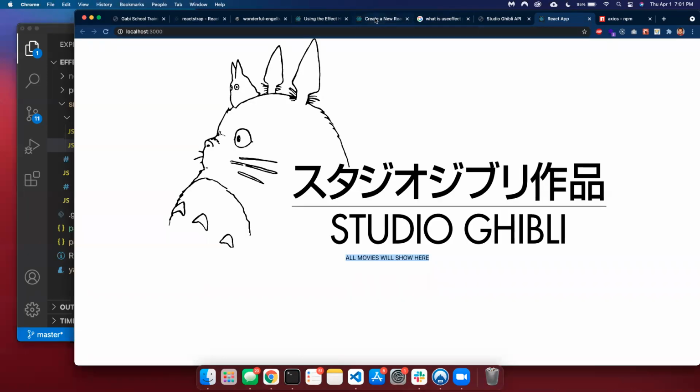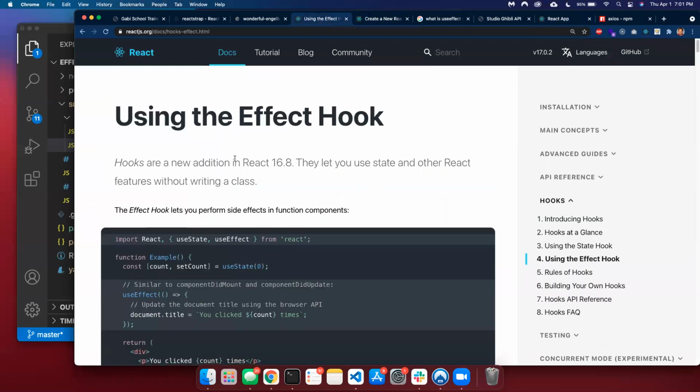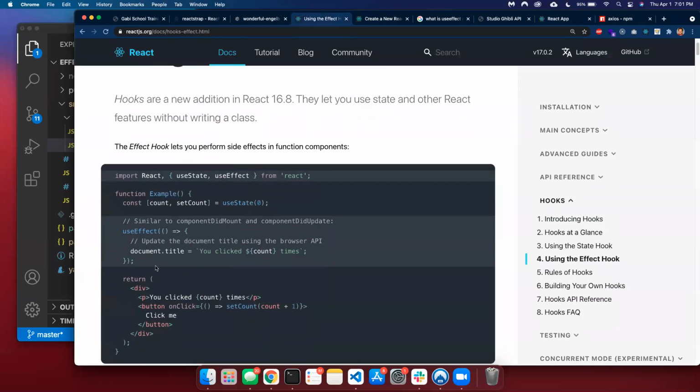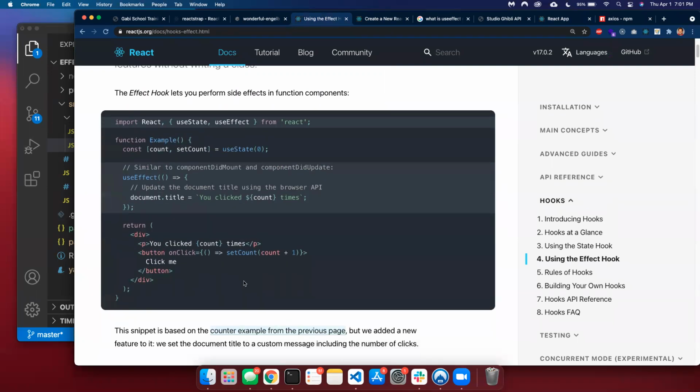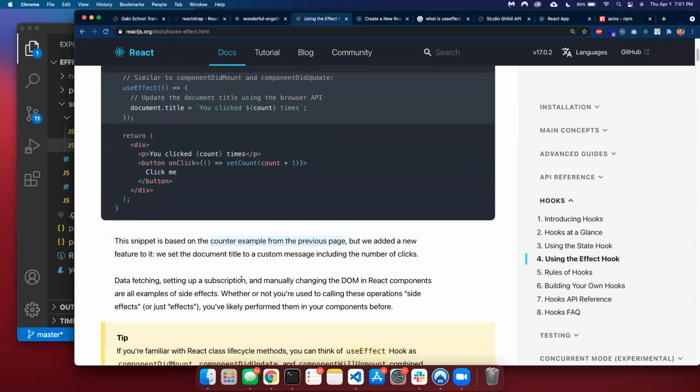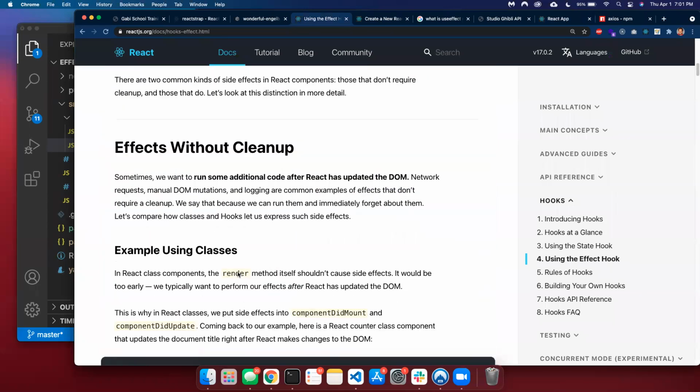So if we go back to the useEffect here, as you can see, this is the first step of creating it. But the problem is it will just keep repeating the same thing. It will go into a loop. So if you want that not to happen, you have to give it another property,